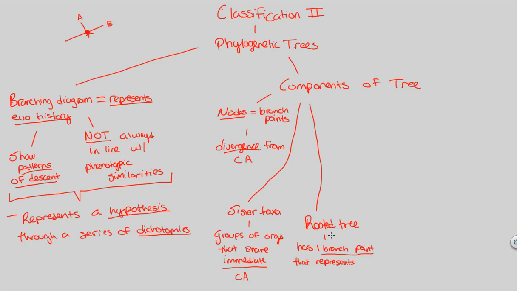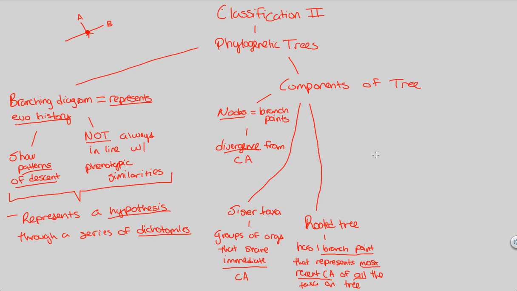This rooted tree will have one branch point that represents the most recent common ancestor. So we'll write that down: most recent CA, for common ancestor, if that's not already obvious. The most recent common ancestor of all the taxa on the tree. Now, I can't really draw the rooted tree here, but at the end of our components, I will